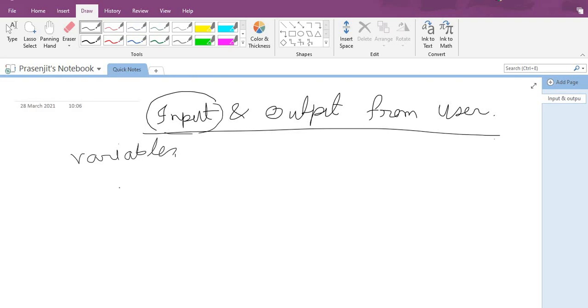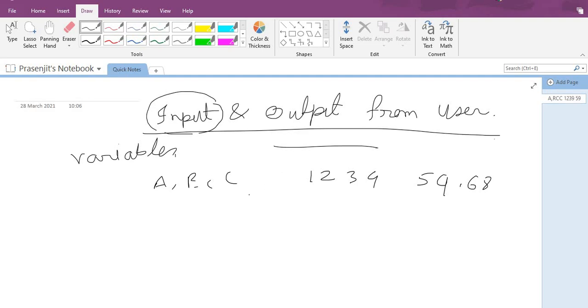First we are considering two things. We have alphabets A, B, C, like that, and numbers 1, 2, 3, 4, 59.68, like that. These are different values.